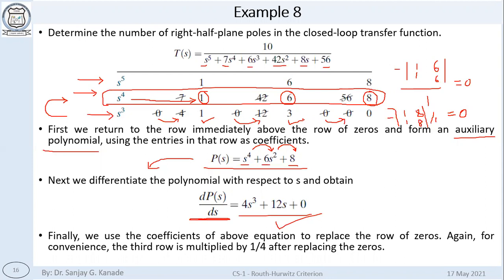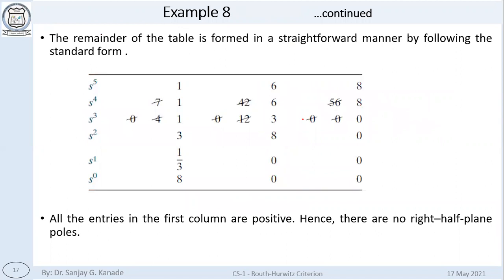Once we get a non-zero row, we can go ahead with calculation of the Routh array and then apply whatever analysis we have studied until now. We can apply the same analysis to that Routh table. Okay. But it is not sufficient because what has happened?